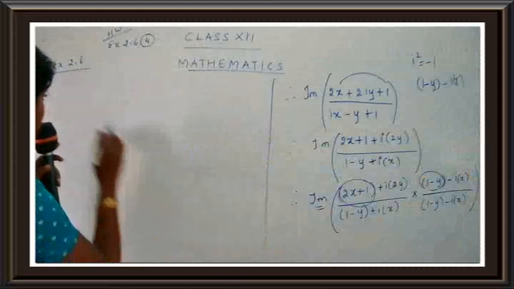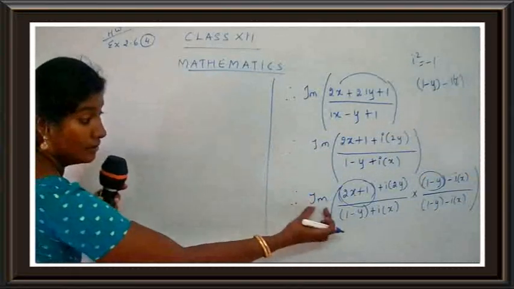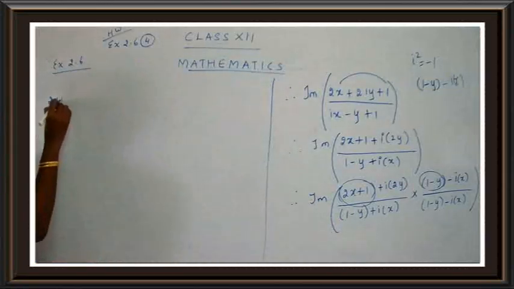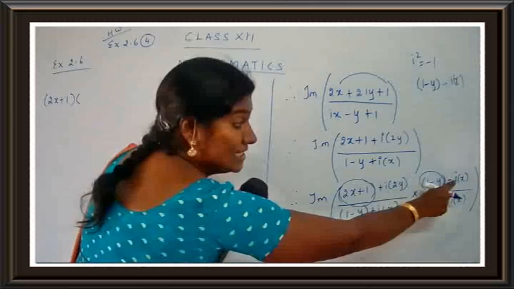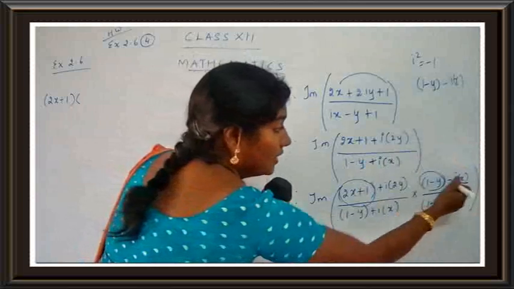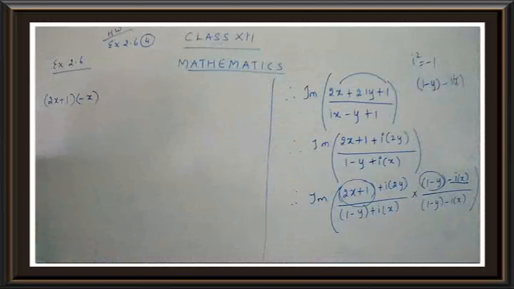So now I am going to remove this imaginary side. I am not going to write the term imaginary Im. I am going to write down here 2x plus 1 and here what do I have? Minus ix. So don't write i. I am not going to write i. What is left now here? Minus x. I hope you are clear.